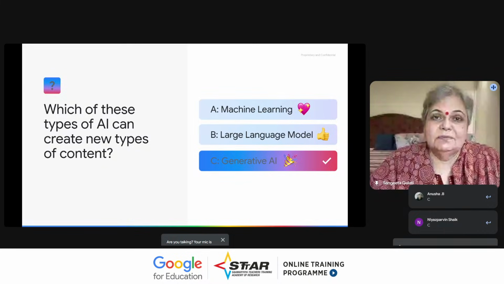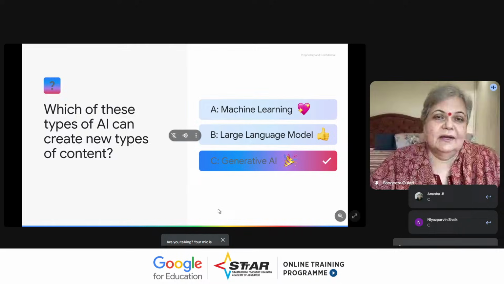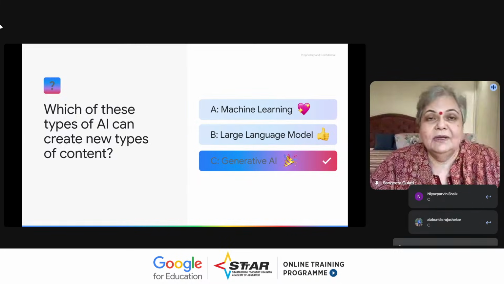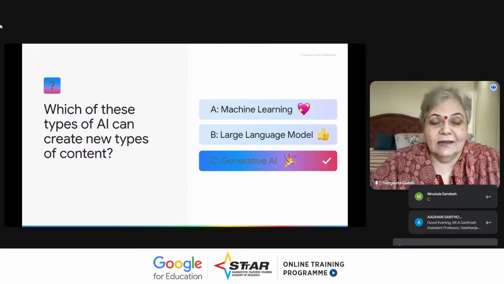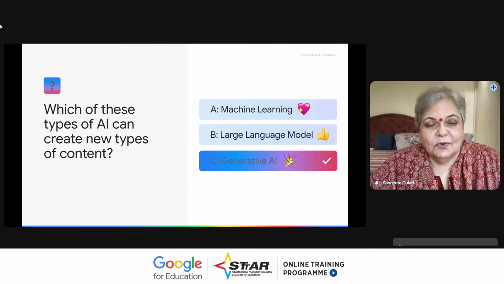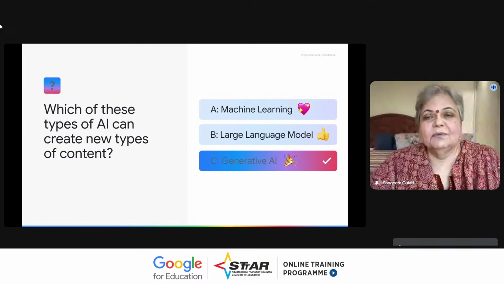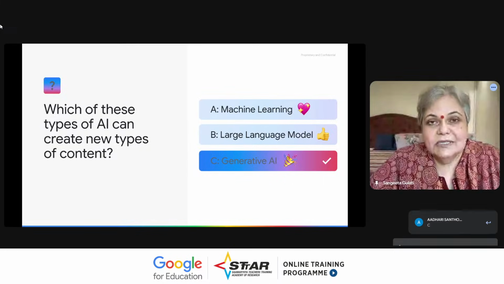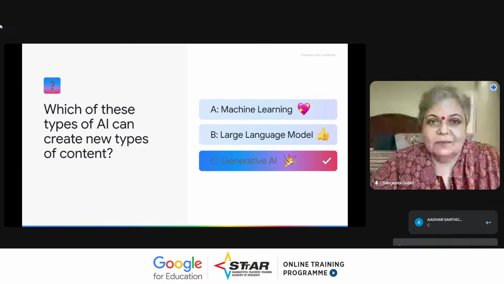Earlier, perhaps we were apprehensive of what AI can do, but now everyone has tested and tried at least one tool of generative AI, if not more. So that's the correct answer. If you have given that as the answer, then of course you know what excitement we are going to share today, because we are going to be talking about Google AI, which is also generative in nature, that's coming through